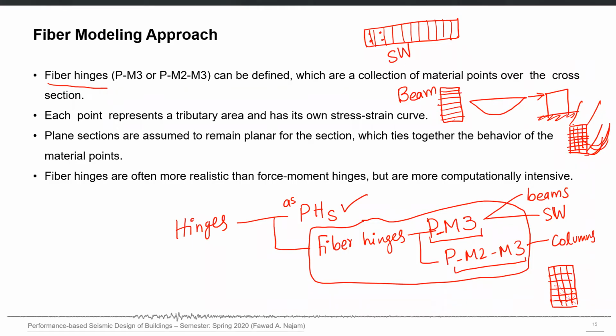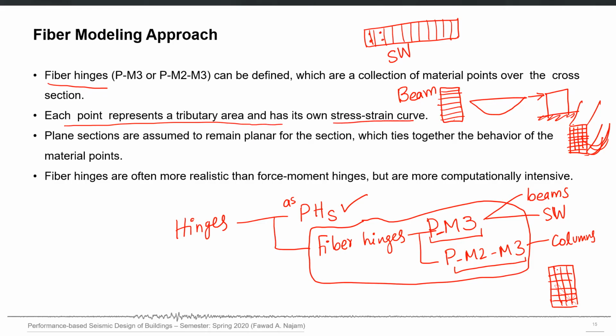So the fiber hinge which we should use in ETABS for columns is PM2M3, because in columns we have to consider fibers in both directions and axial flexural interaction in both directions. Obviously each fiber will have a tributary area and its own stress strain curve.